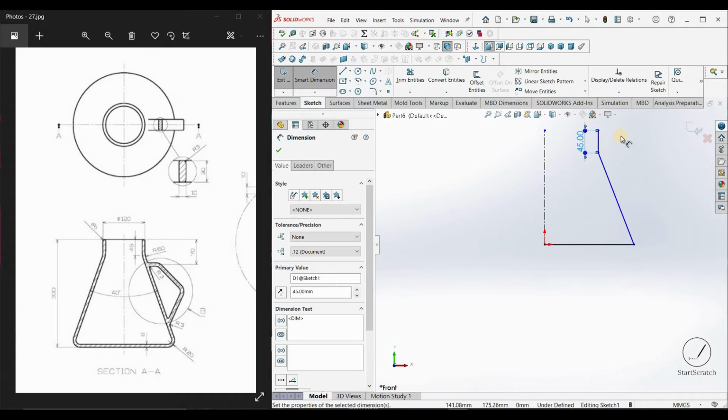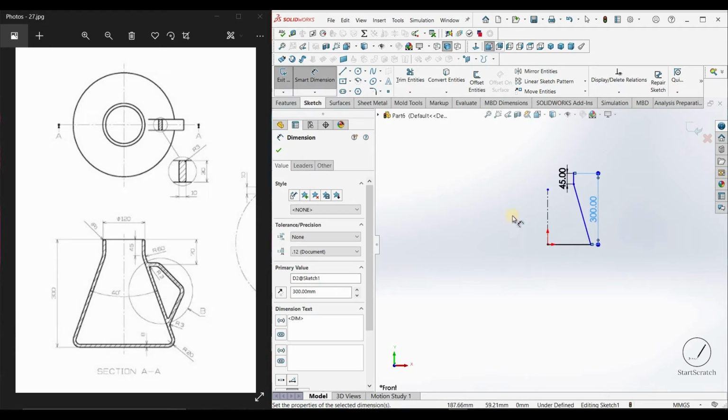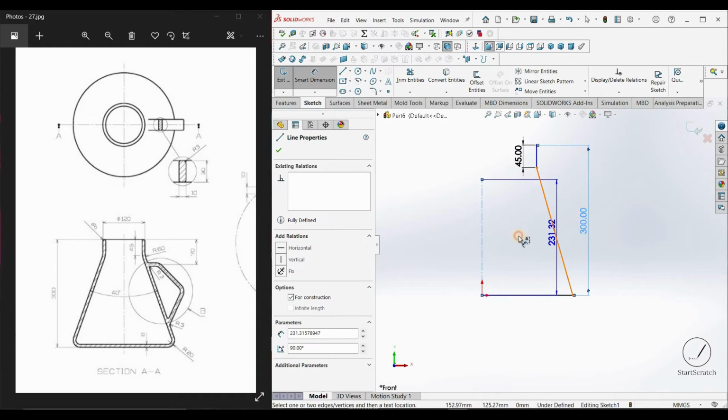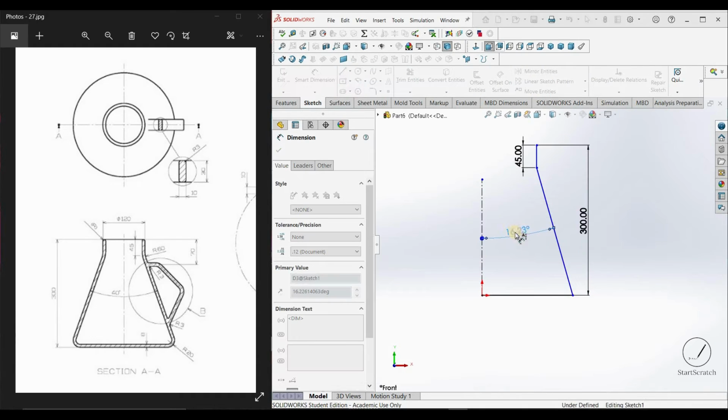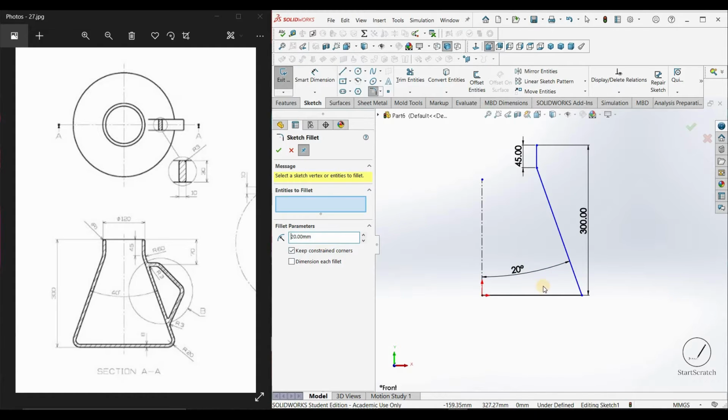Five. 20 degree, given a radius of 20 mm, and here 60 mm sketch fillet. Okay,